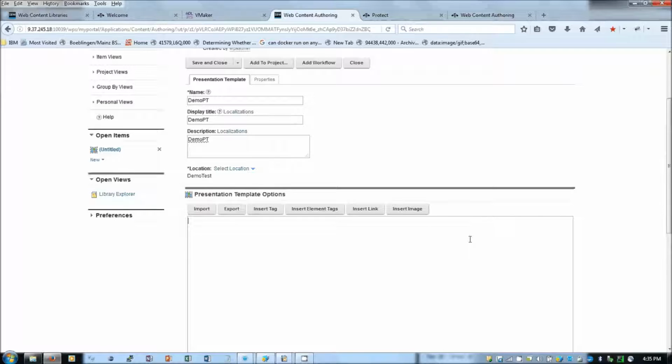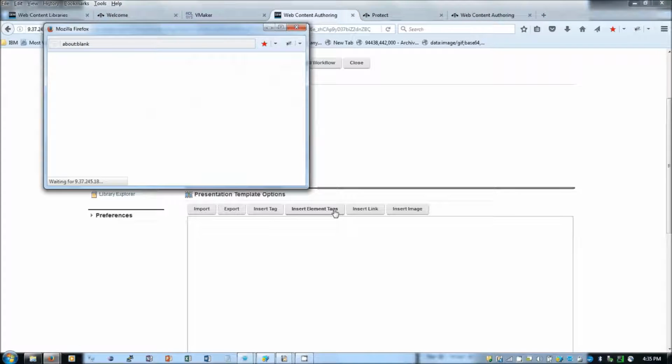So in the presentation template, I can select from the authoring template what elements have to appear. And also I can specify some styling there, whether it has to be italic, bold. So the layout, I can specify the layout here. So now in my authoring template, I have defined three elements, a text, a rich text and then a component reference. I am going to include all the three elements in my presentation template.